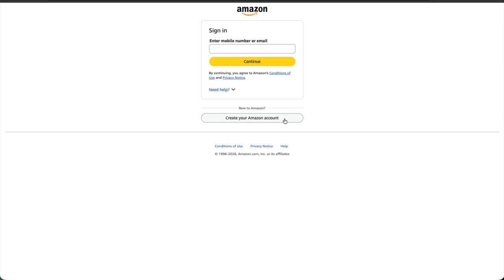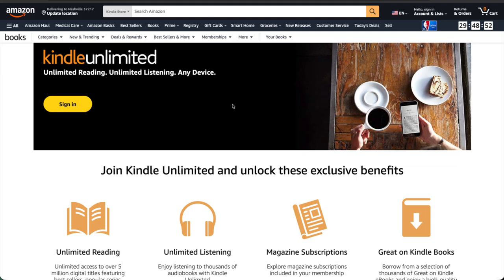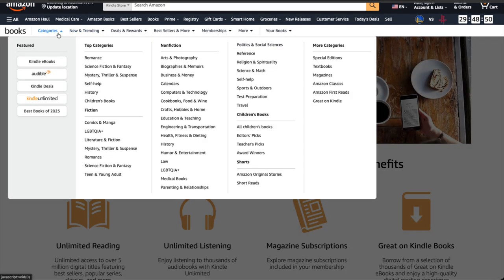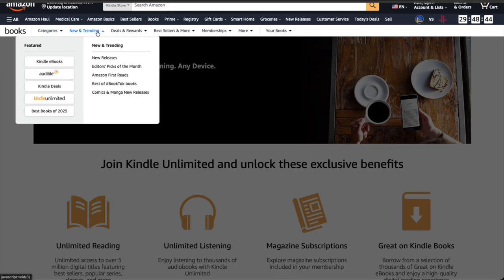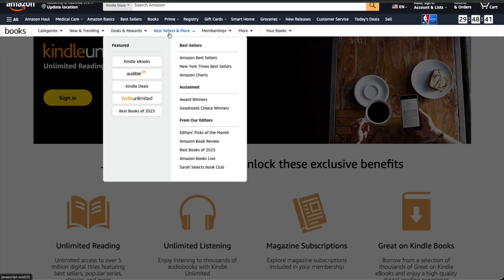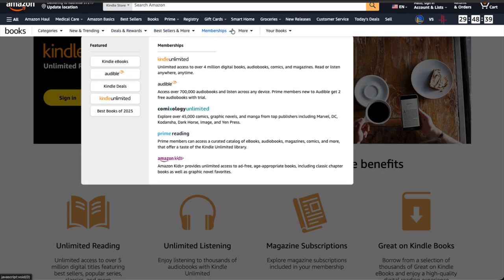Once activated, you'll get unlimited access to thousands of eBooks, audiobooks, and magazines included in Kindle Unlimited. Remember, if you've used the free trial before, it may not be available again. If you don't want to continue after the free period, make sure to cancel before the billing date to avoid charges. Always use the